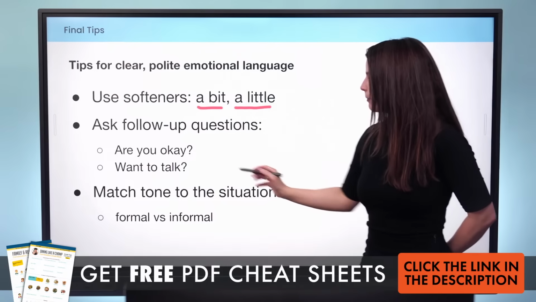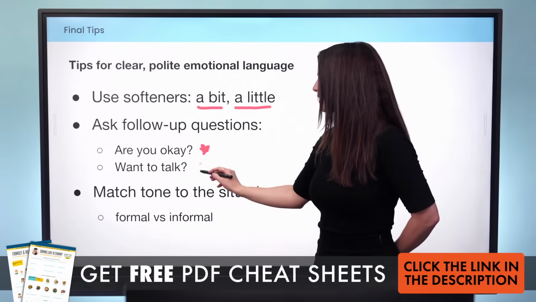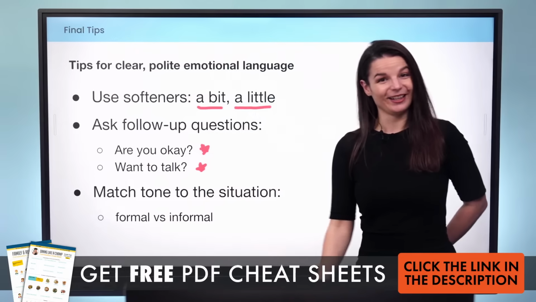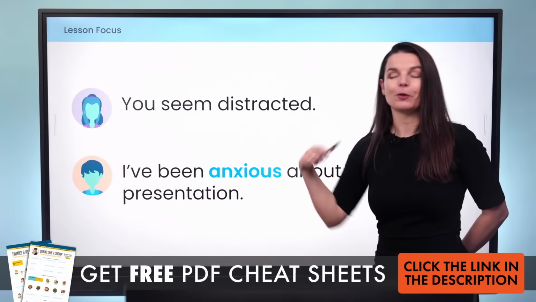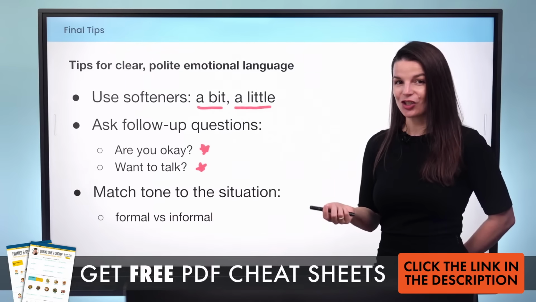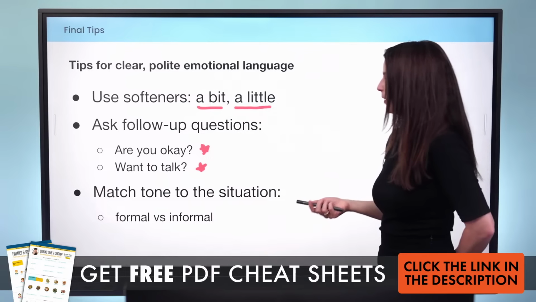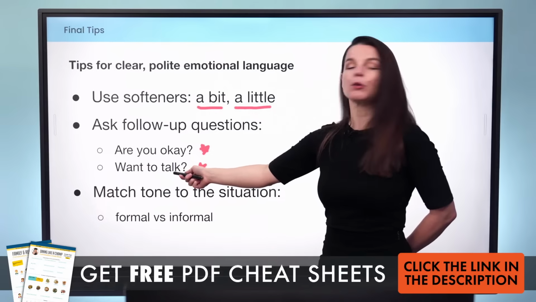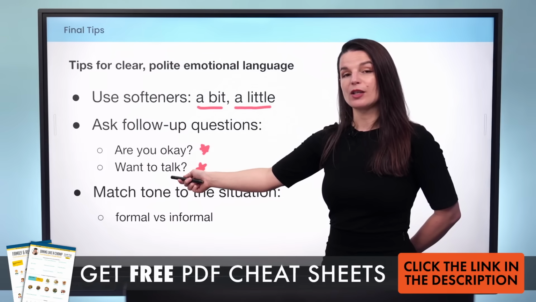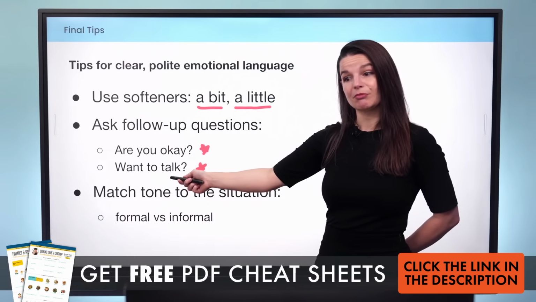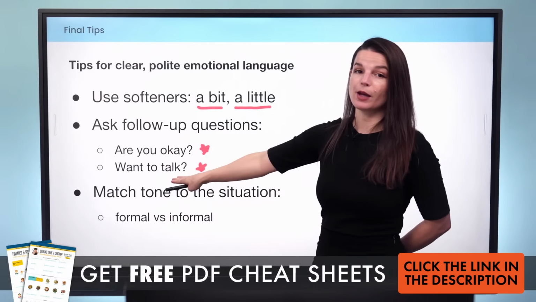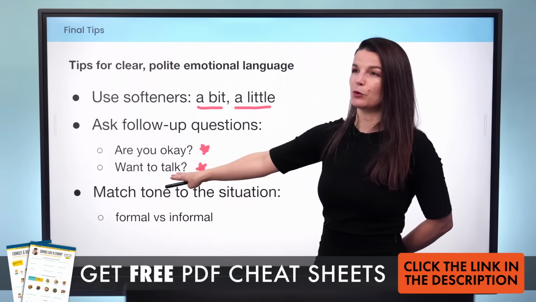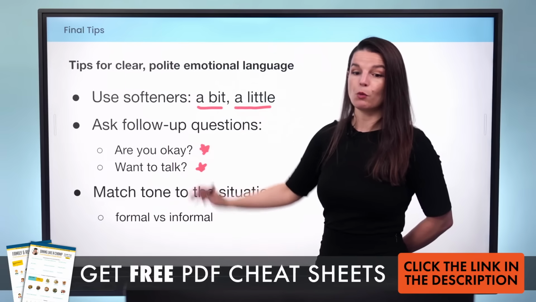And don't forget, these kinds of questions are important, yeah? Are you okay? Like in our previous example, you seem distracted. Are you okay? So ask about the person's condition if they seem unhappy, okay? This is a good one too. If the person says, I'm sad, you can say, do you want to talk? And they can say no, they don't want to talk. But this is usually a nice way to ask someone who seems down if they want to discuss that.